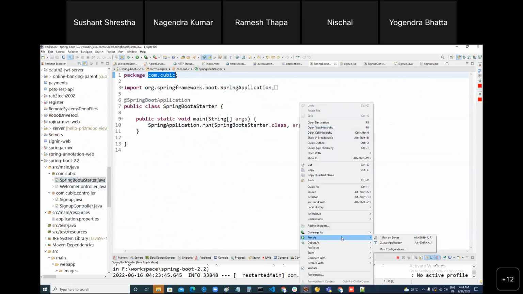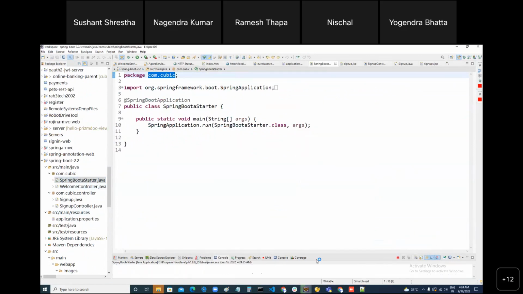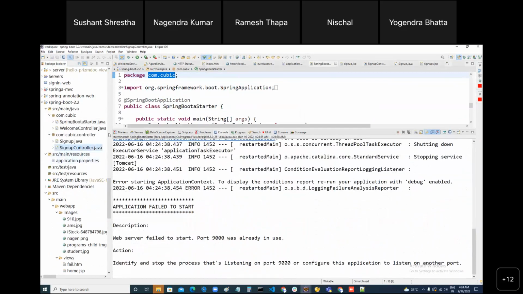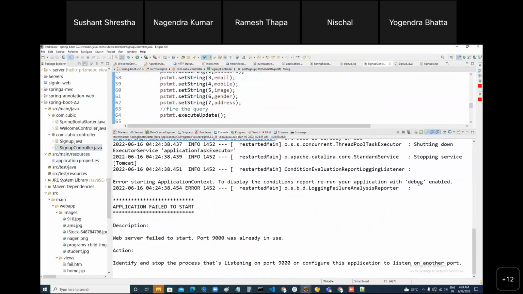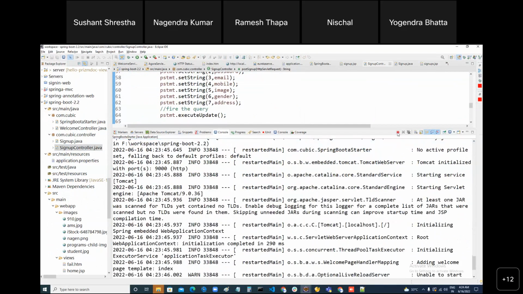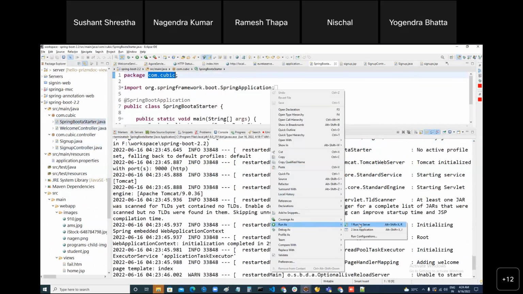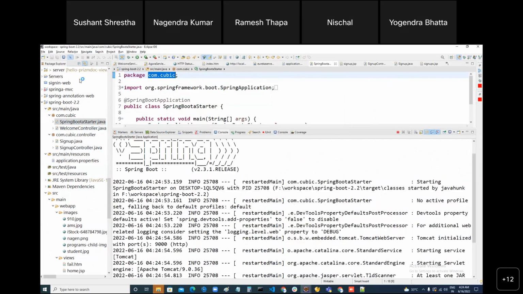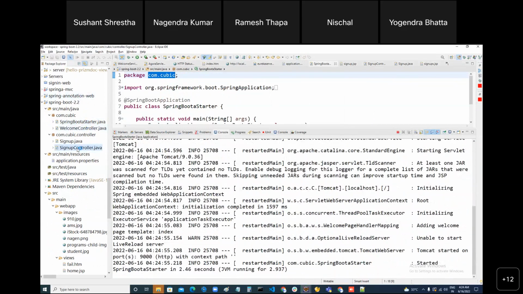But this code I have written in JSP style. My server is running already. First of all, I have to stop it by clicking on it, then you can run it. It's saying your server is already running on the port number. Are you with me or not? What I did is